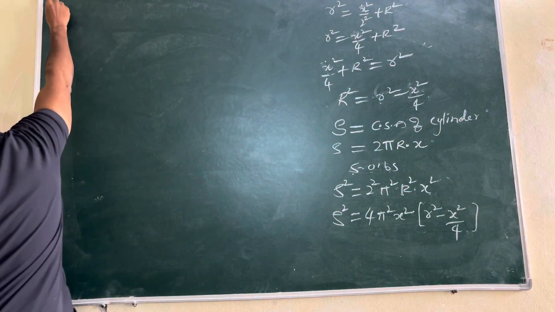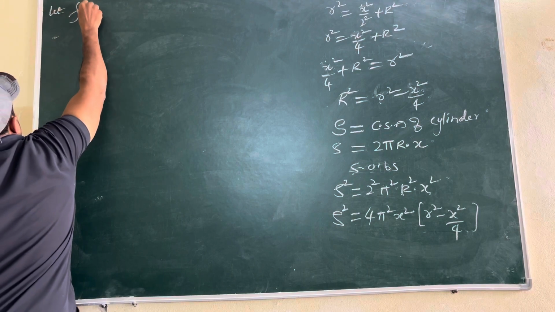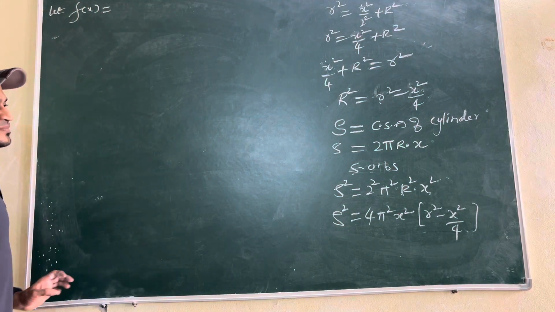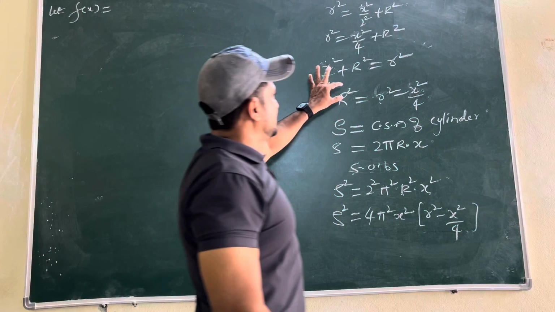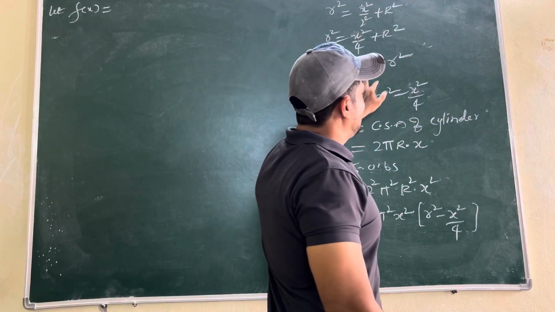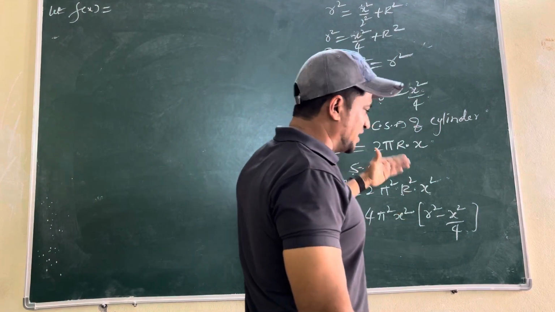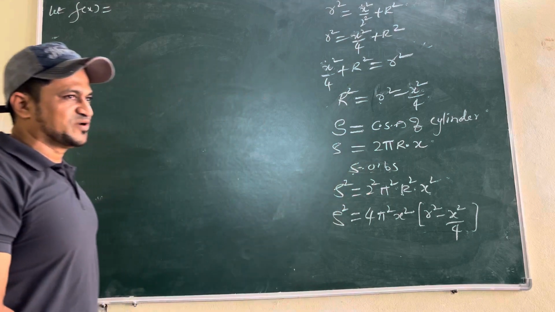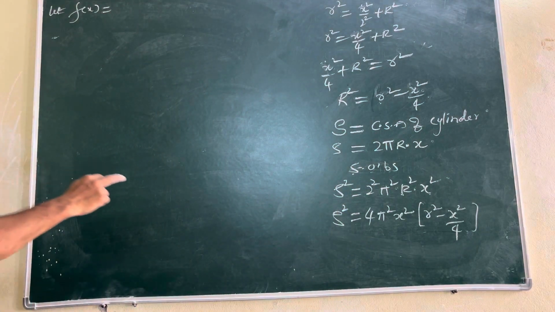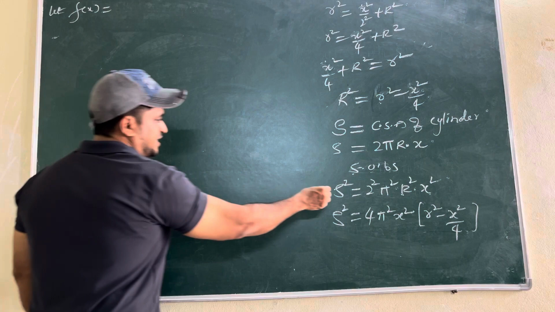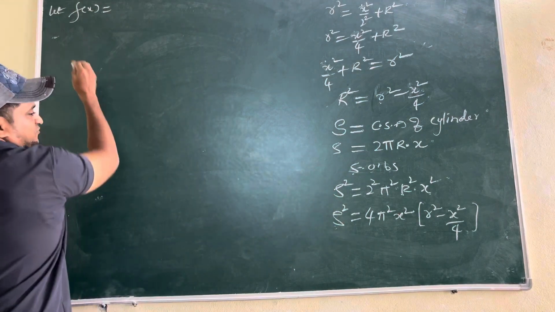That s square, you can take f of x. Previously we have not squared the term. Here the reason for squaring is, if I take r equals to, then we will get a root. Once you get the root, again you will get the square root of all the linear functions, everything in the derivative. So to avoid that, square that surface area.